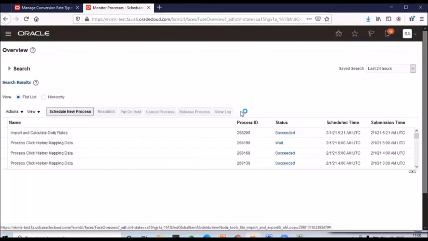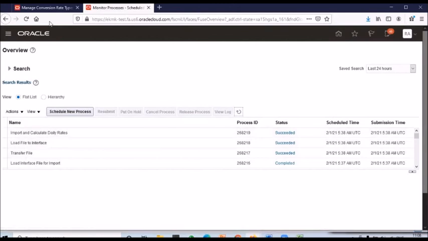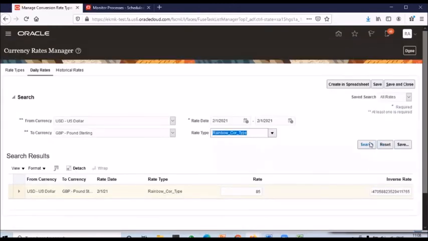Then the program will run. Once the program is completed, the data will come from the UCM to the interface and automatically be picked up by the base program and hit your particular front end. Okay, successfully completed. The last program is there. Then you go to the main screen and click on search. Once that program is completed, it should show up.